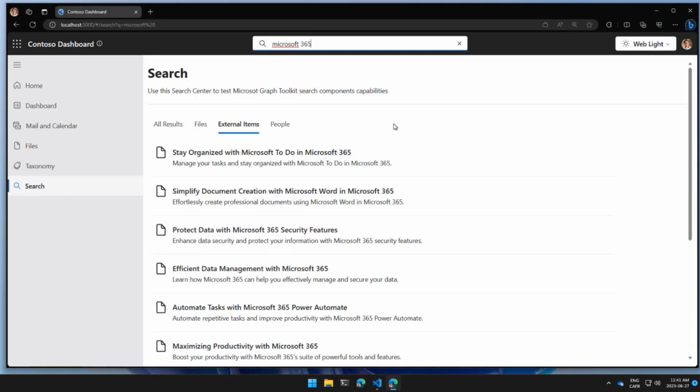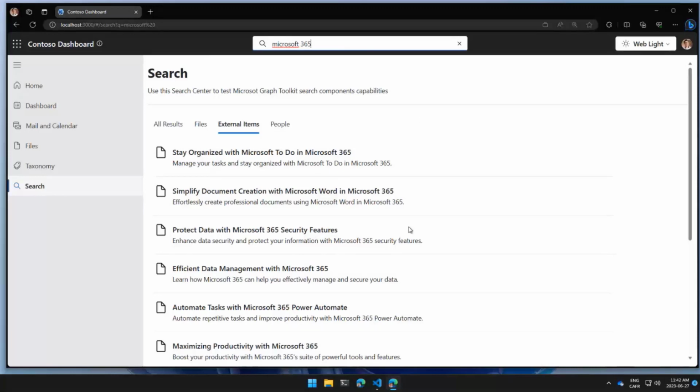We also support connector data. So if you want to ingest your own line of business data inside Microsoft 365 to make it part of the search experience, you will be able to easily bring that component in there. And it really, really helps with bringing line of business, SQL, databases, on-premises SharePoint data. All of that are external items that are being ingested directly inside your Microsoft 365 tenant.